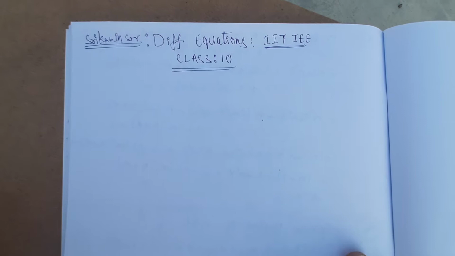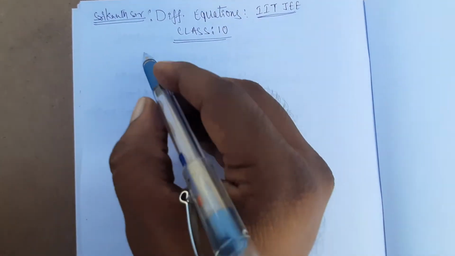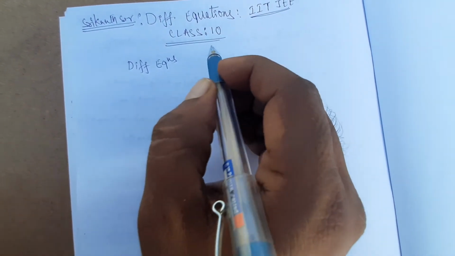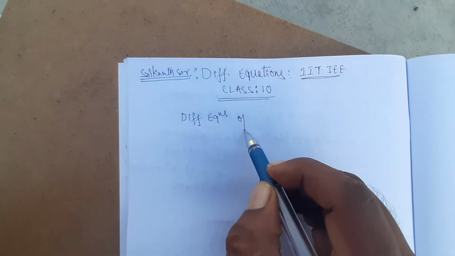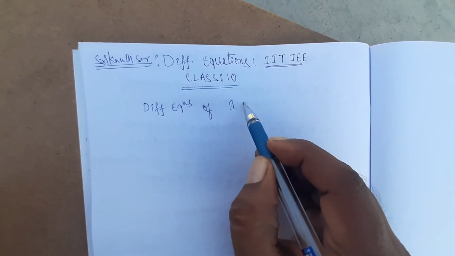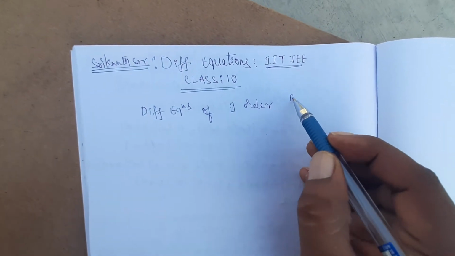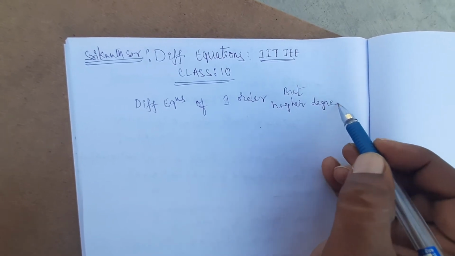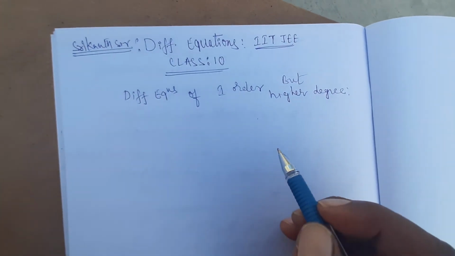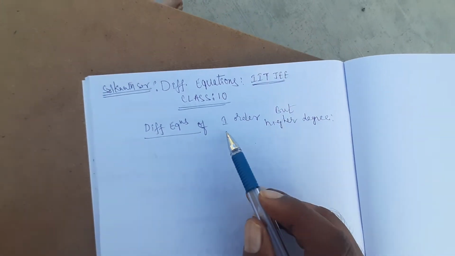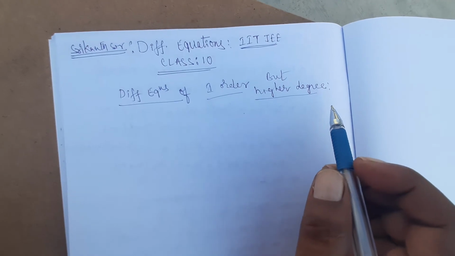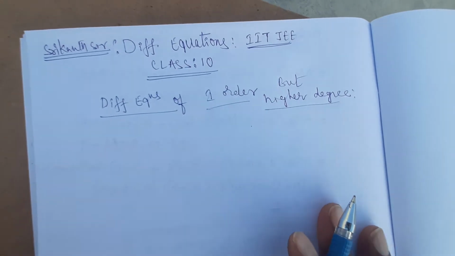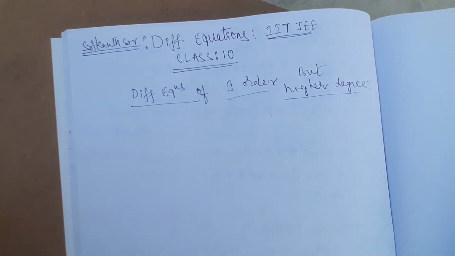Today in this 10th class also we will discuss differential equations of the first order but higher degree. Okay, differential equations of the first order but of higher degree. Then how can you find the solution of such differential equations? In general, the differential equation of the first order and higher degree is in the form of